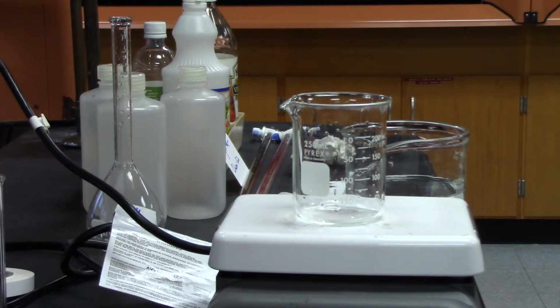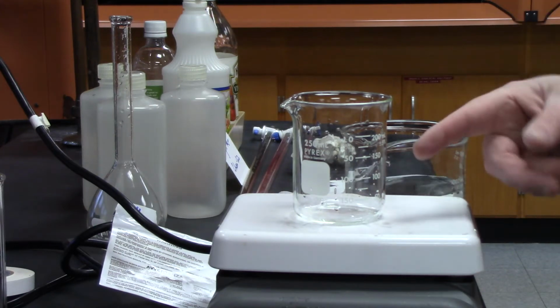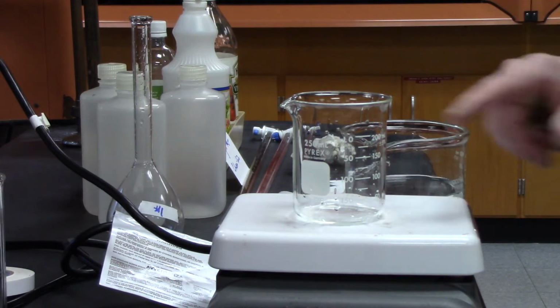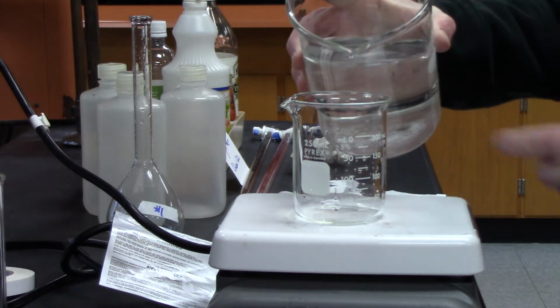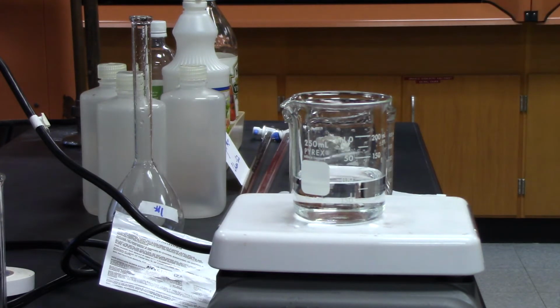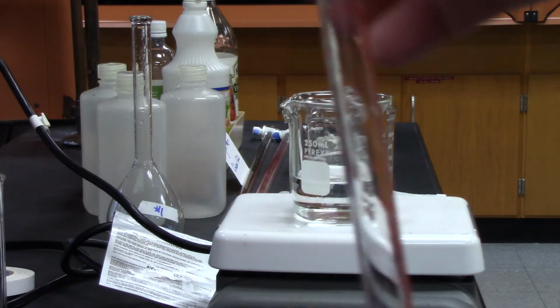So what I'm going to do is I'm going to add some water to this guy. I'm not going to add 250 mils. I'm going to add a lot less. I'm at about 100 because I want to make sure that I don't get over 250 on my beaker. This is basically my mixing spot. All right, so there's about 100. You don't have to get exactly. Okay, and now I'm going to take,